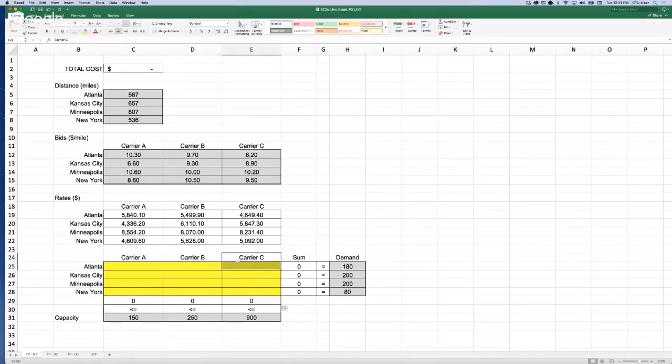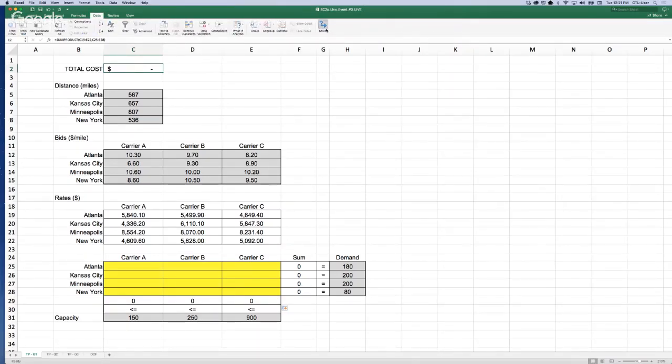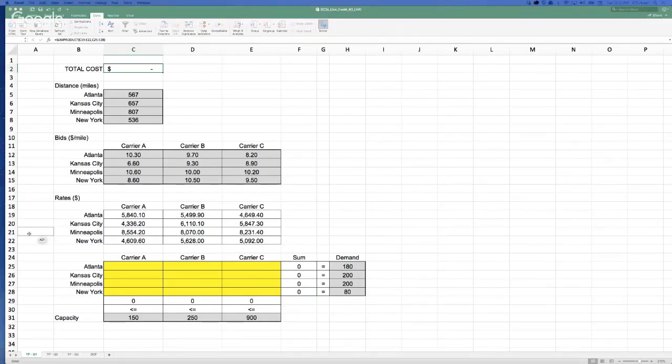Okay. So we are trying to minimize costs. We have our decision variables, and we already have in place our constraints. So let me go now to solve it. Okay, I have it solved with me. I'm just going to add a few things. I'm going to select cell C2 as the objective function.